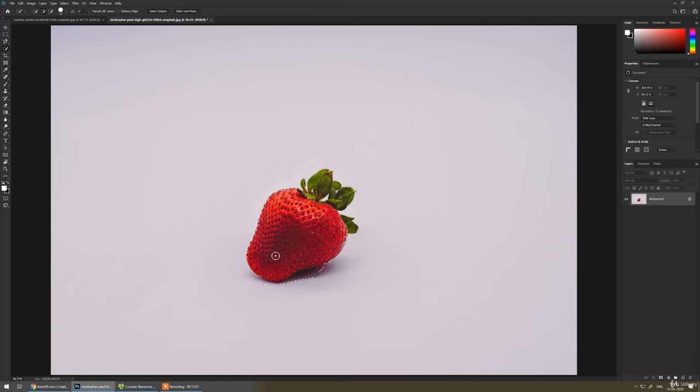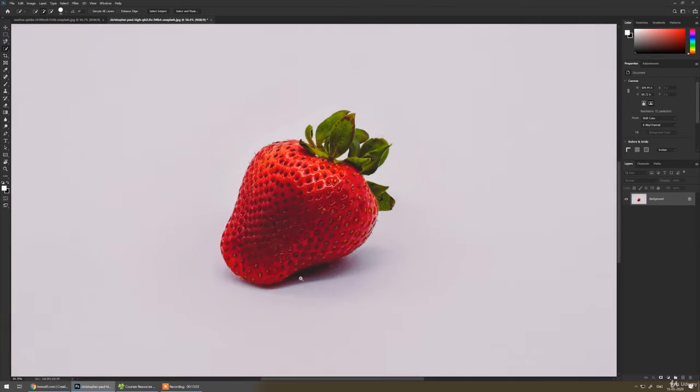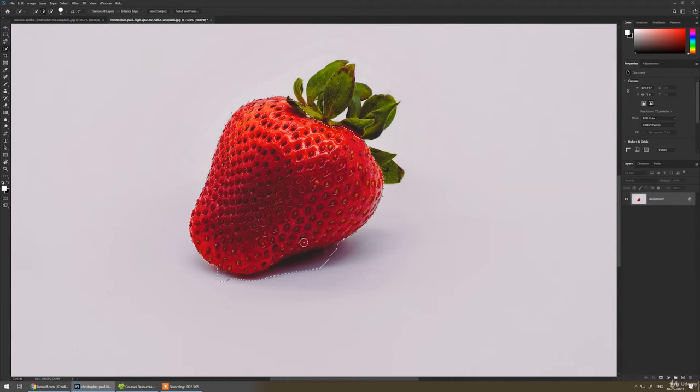You can see we made some mistakes here. To subtract from our selection, you can always go to the minus option here and deselect the section. Or you can go to the plus option here and add more to the selection.